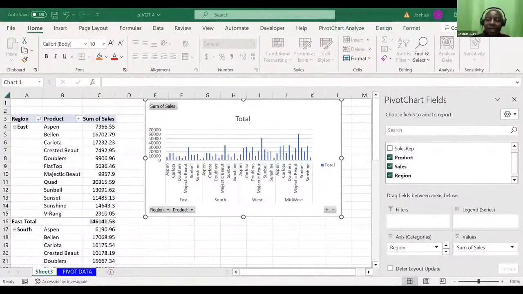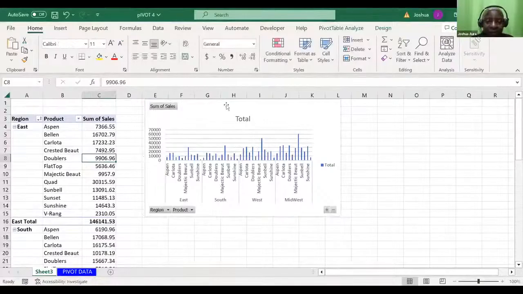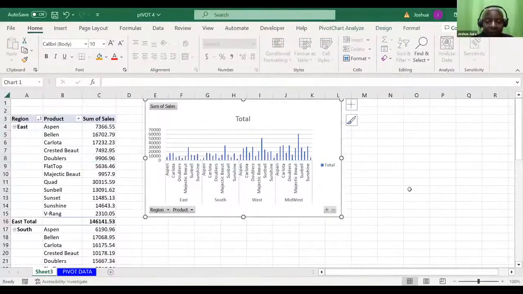This pivot chart here, maybe you want to make this thing bigger like that. You click inside data, yes.